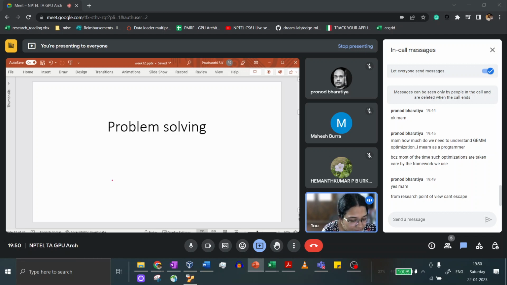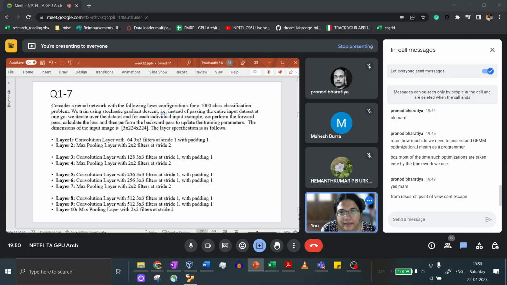Okay, so let's get started with today's problem solving. So again, we have this format throughout this course. I think there are a lot of questions like this where the data is common for 5-6 questions. In a way, it might be advantageous during your exam because you read this data once and then you're able to solve 5-6 questions. But from a live session point of view, it definitely is challenging to keep switching between multiple slides. But let's see, we'll try to do the best we can.